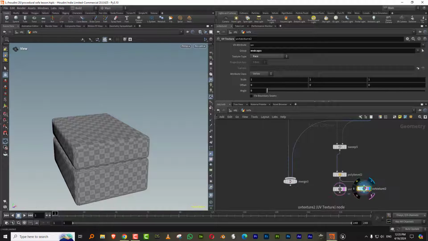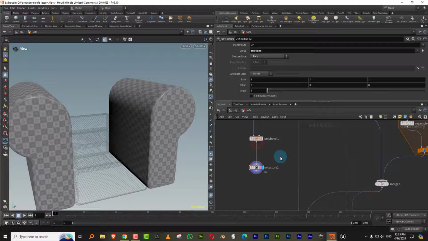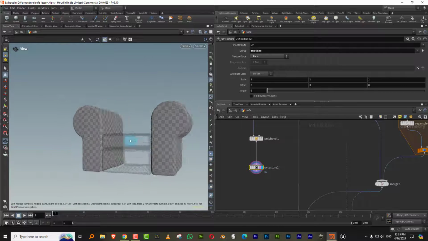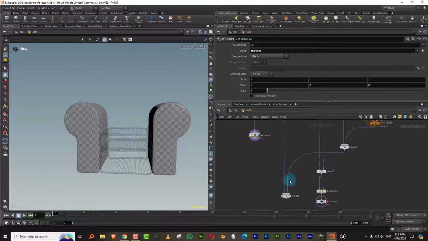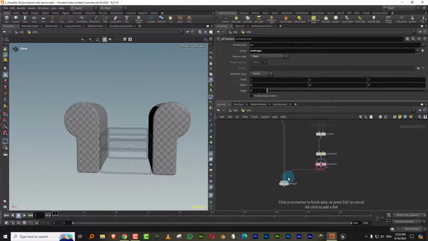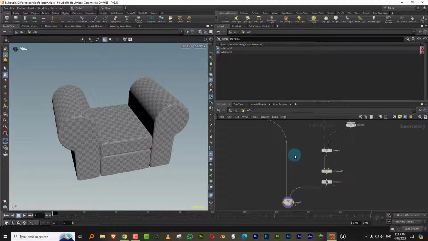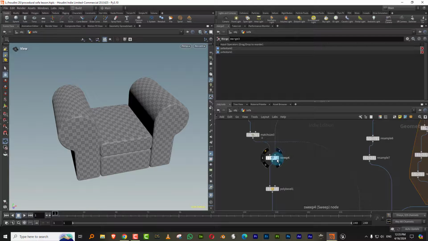So Control-C for like the armrests. So I can take this and bring it in here, and there you go. See, so now you have UVs for everything, and I can just disconnect this and I can plug that in. Okay, and now as a final thing, let's take